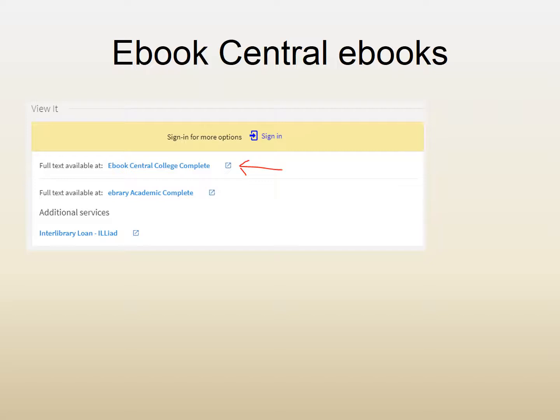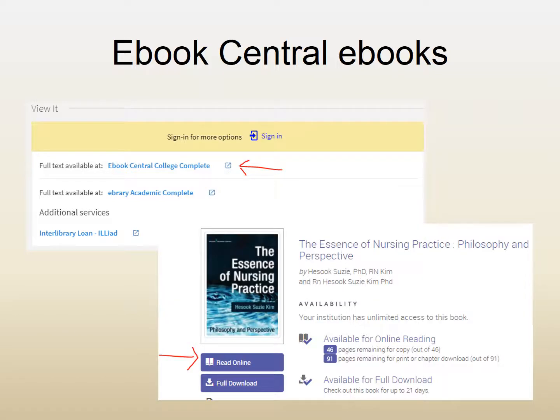The first platform is the eBook Central Books. So this screenshot right here is from within the BU Books and More under View It, and all you simply do is click on that link for the eBook Central College Complete full text available at. Click on that. That will bring up the book in the platform for eBook Central, and you want to select Read Online, not Full Download. That will basically limit you to only looking at the book on that device,